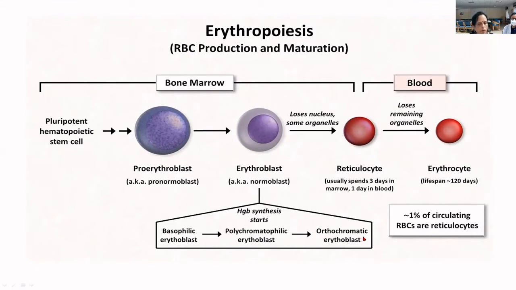Okay, so from orthochromatic, from here to here we said the cytoplasmic color blue, mixture of blue and pink. What happens? Another thing is the size of the cell starts reducing, and the nucleus will be big in a basophilic erythroblast. It's slightly smaller in polychromatophilic, and still smaller, pyknotic, and on the verge of being thrown out in case of orthochromatic. So it will be at the periphery, and many times in the smear we see these cells with the nucleus being extruded, you know, it would have come out. So this is very nicely depicted here.